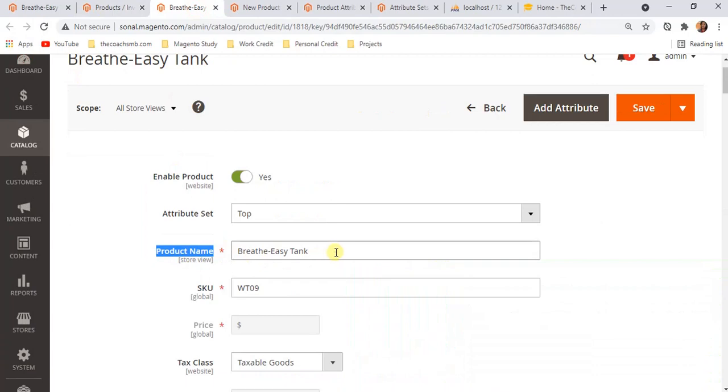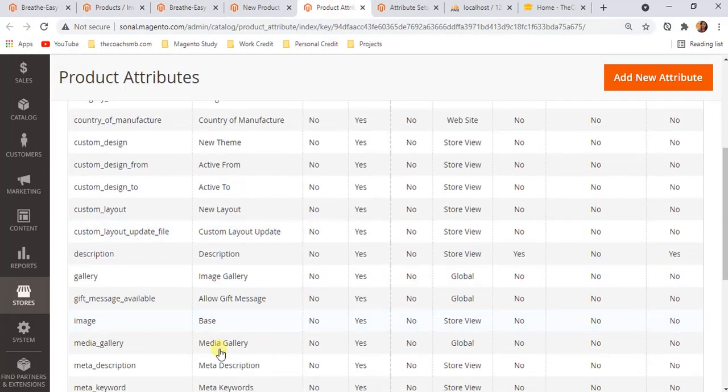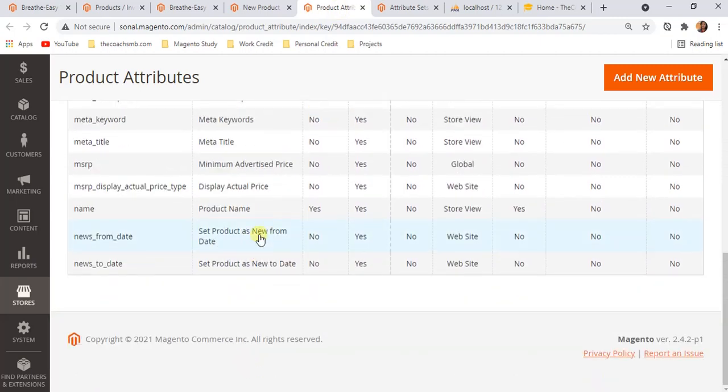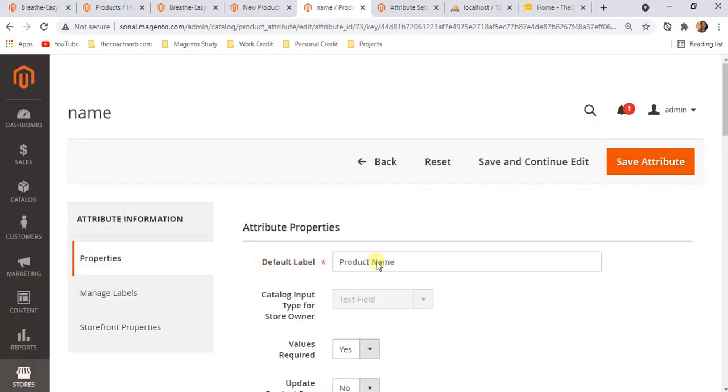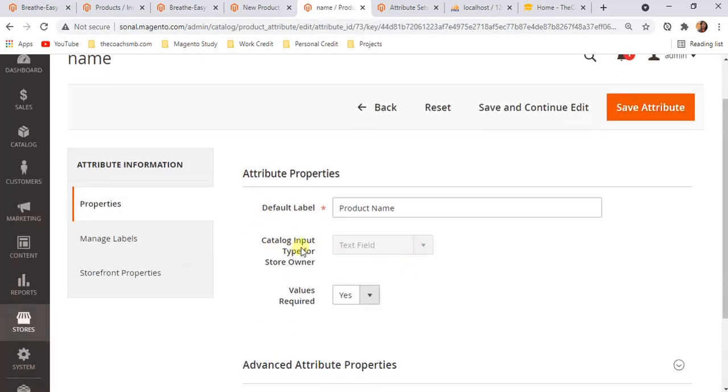It will be simple text, right? So let's see this. Yeah, here let me just click on this so that you can see its details. So this is the default name. Now catalog input type for store owner is text field, because this is the text field.